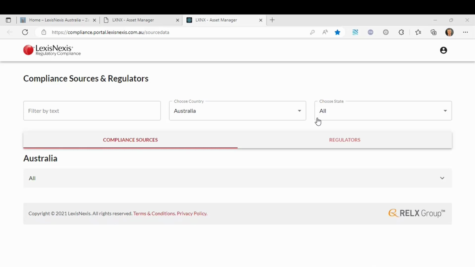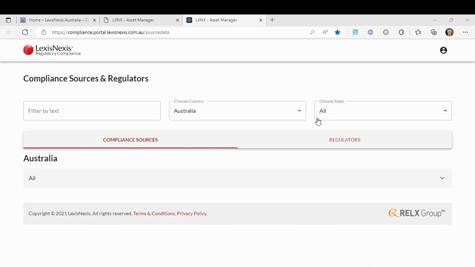a many-to-many approach that allows you to view the content through a variety of different lenses, whether it's a particular module, whether it's a particular act or rule or regulation, or even, as you can see on the screen, a particular regulator. What this means is that organizations who are familiar with looking at content through the lens of a particular act or a particular regulation can see the scope of their subscription mirrored against this particular lens.